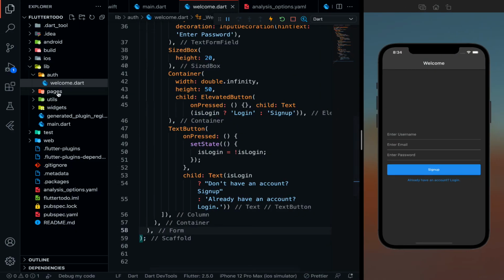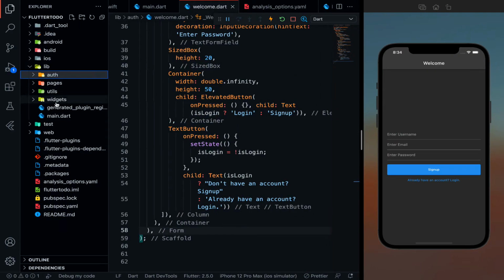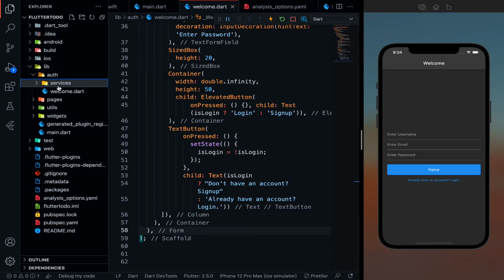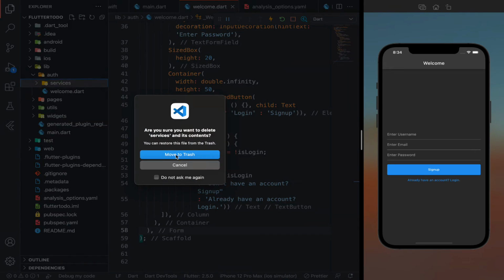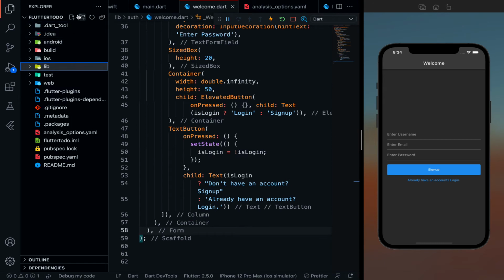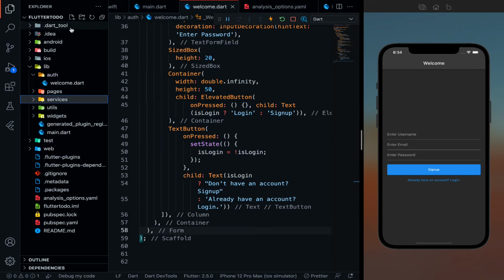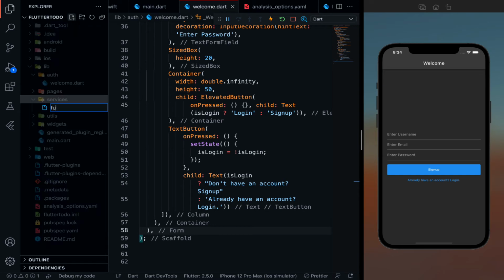Let's go and form one more folder called services. I have built services over here, so let me delete it. I need to build services inside the lib folder. In the services, let's create a file called functions.dart.